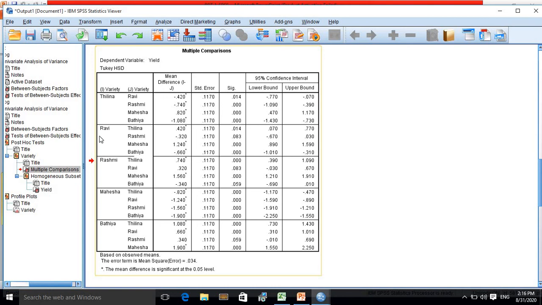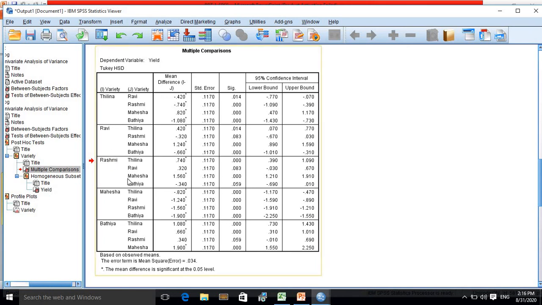Then you can say that there is a significant difference between Ravi and Mahesha. When you compare Ravi with Bhatia, again the obtained p-value is 0.000, which is less than 0.05. Then you can say that there is a significant difference between Ravi and Bhatia.